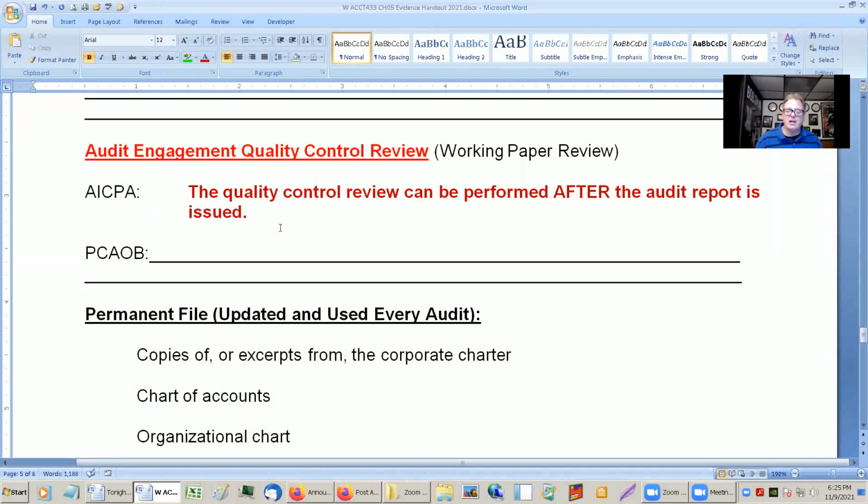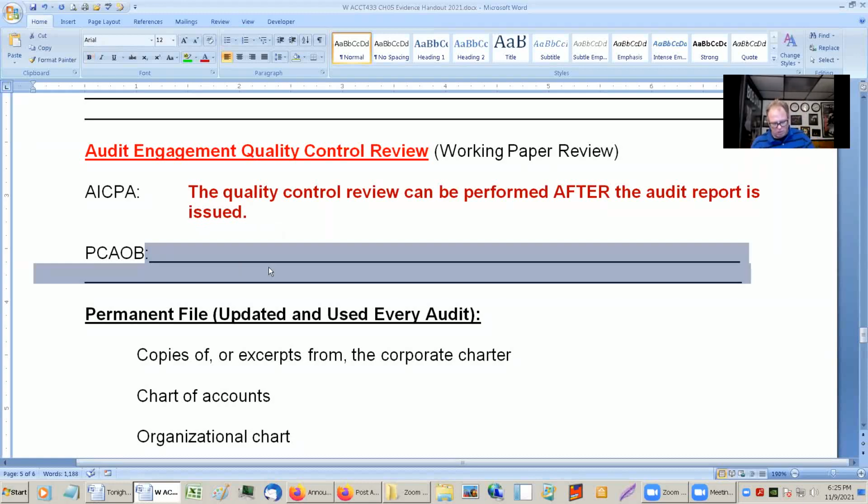If it's a publicly traded company, you do not want an error to go out because there could be millions of people relying on it immediately. So, as you can probably guess,